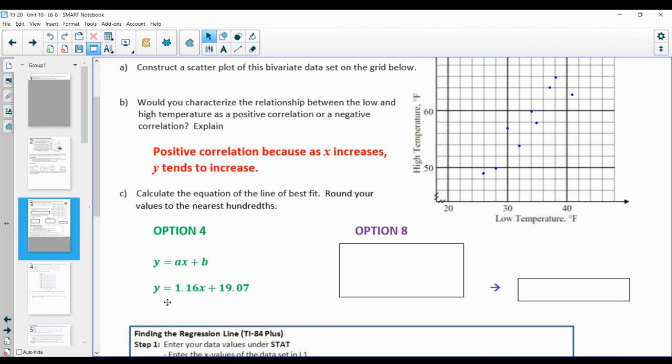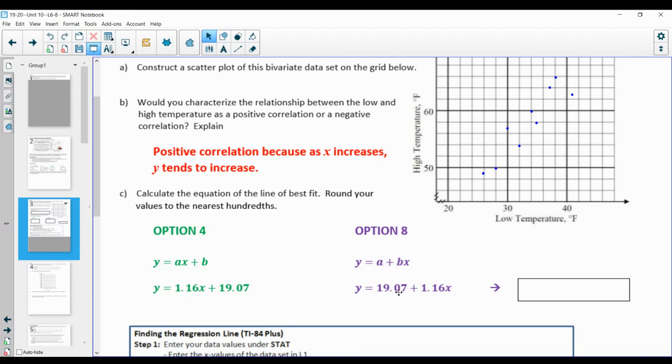So let's all just do that together for this one time. You have your L1 and L2 listed. You're going to hit stat, calc, but now instead of going to 4 linear regression, you're going to go to 8 linear regression and hit enter. And if you notice here in this one, your A is now your constant and your B is your coefficient. So although your A value here rounded is 19.07 and your B value rounded is 1.16, notice when I write